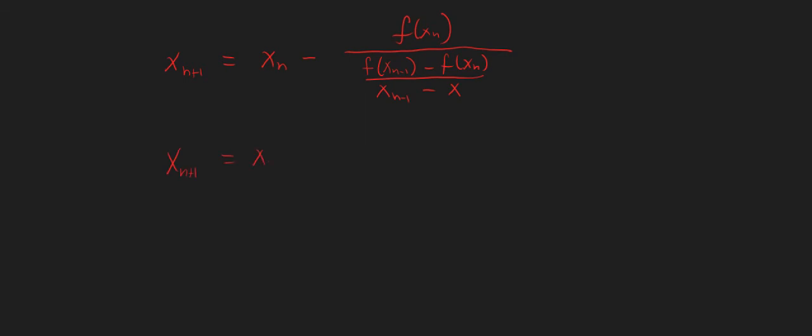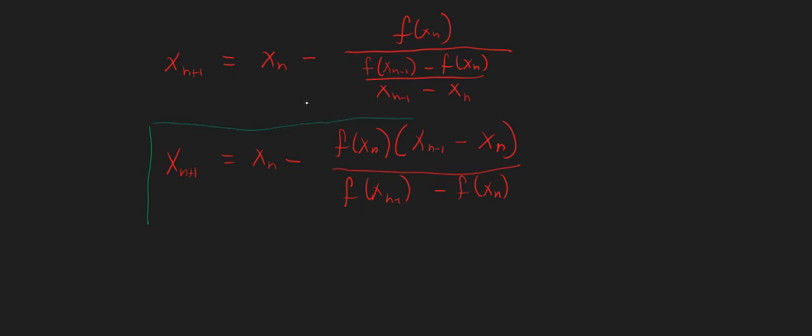This will be xn minus, we put the denominator in the numerator, we multiply that one with f of xn. So this will be f of xn multiplied by xn minus 1 minus xn, and all over f of xn minus 1 minus f of xn. So this will be now our new formula